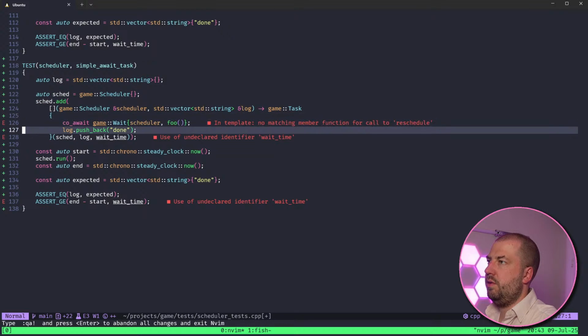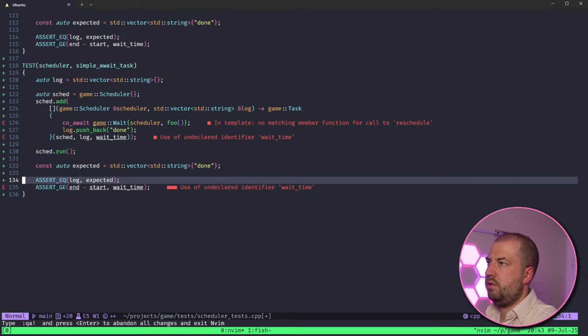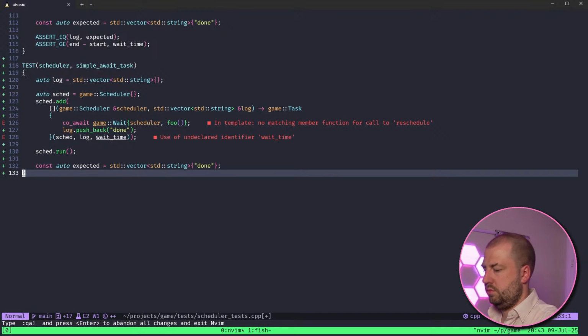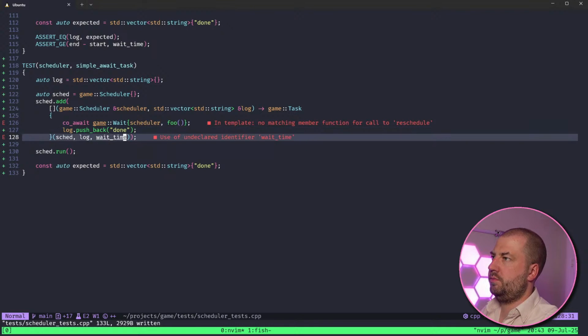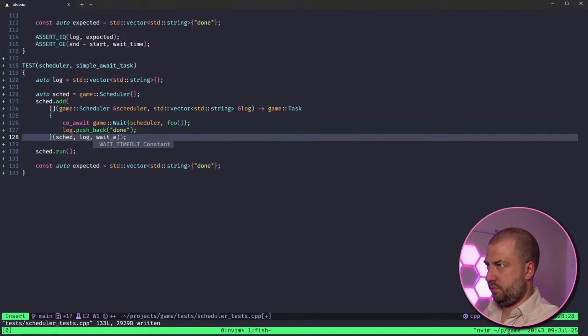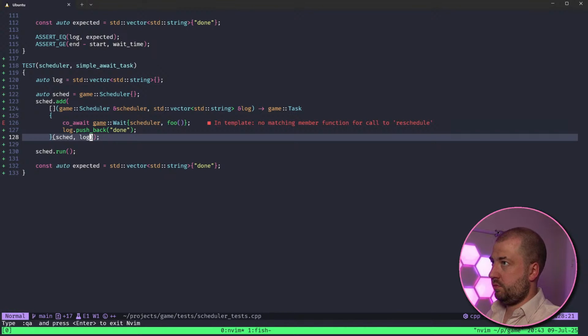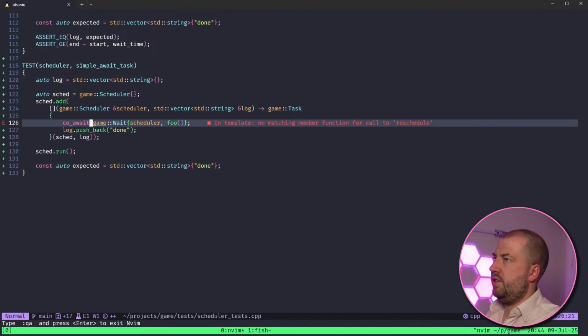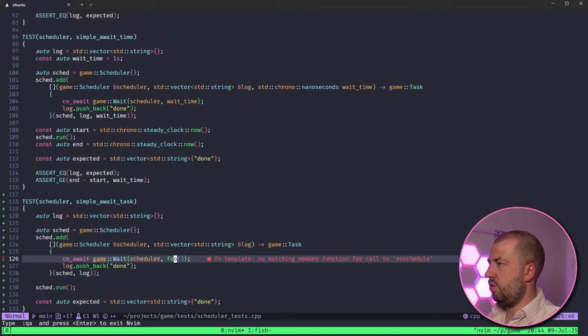Just tidy this up a bit because there's a lot of stuff here we don't need. But I think the problem is that this produces a task, not a coroutine handle.